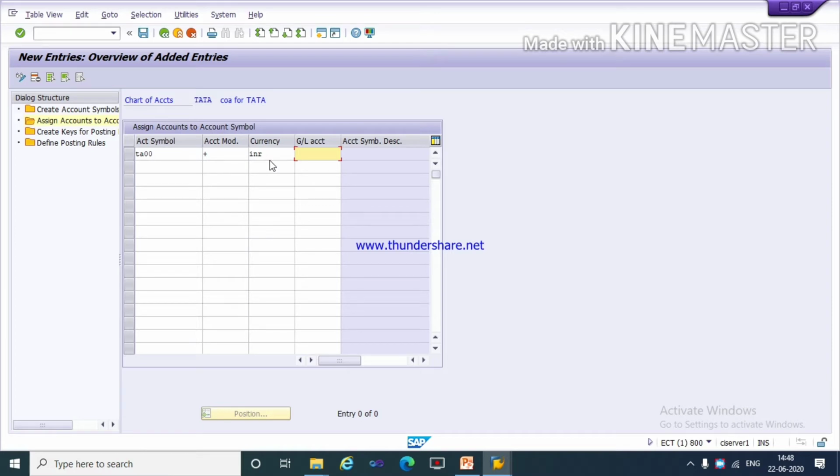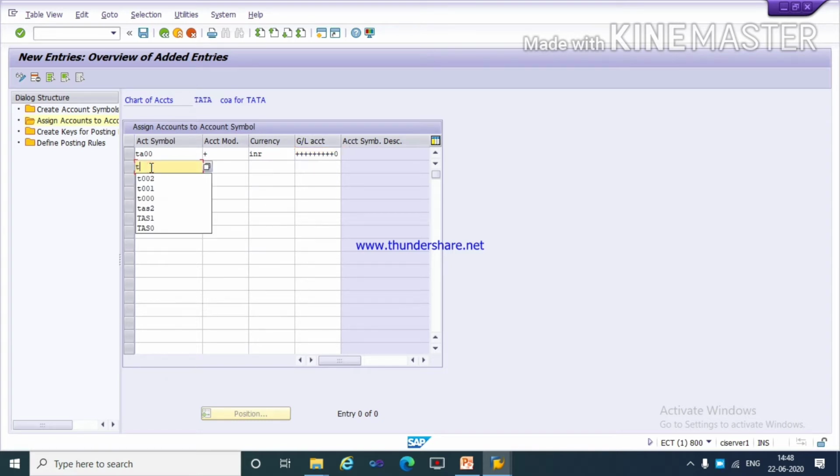For all the main bank GLs, we will use a masking rule, that is, put the plus sign and the last digit, as I told you at the time of creating GLs. Always give the GL's last digit in a sequence. So similarly I am giving 0 for all the main bank GL accounts using this masking rule.